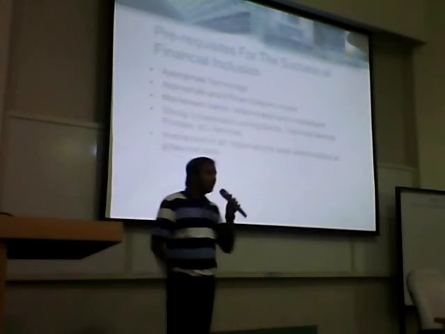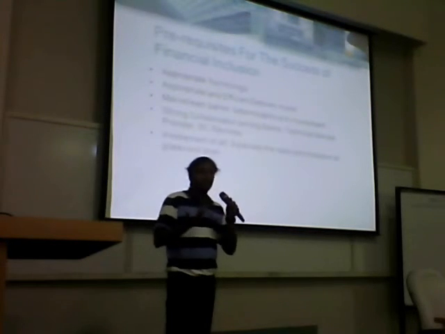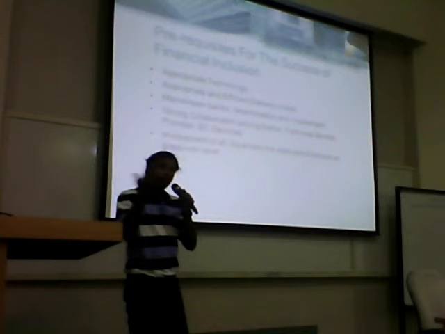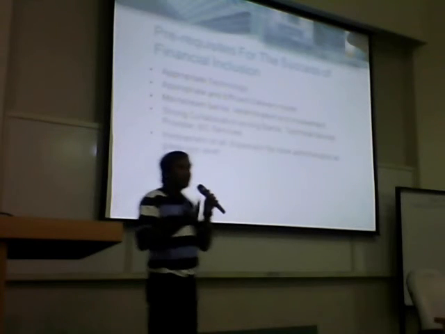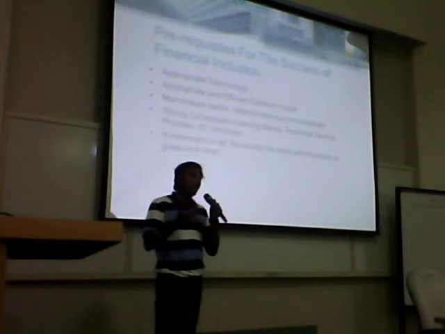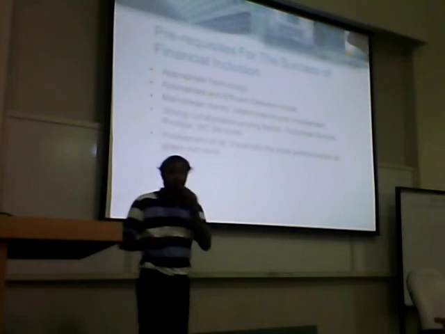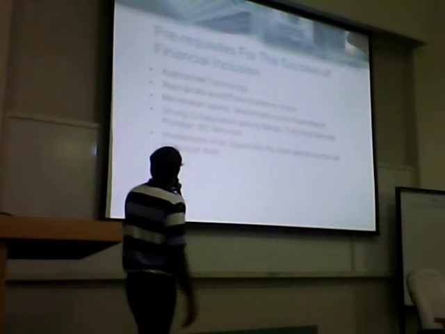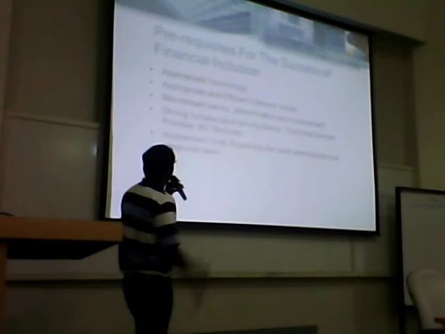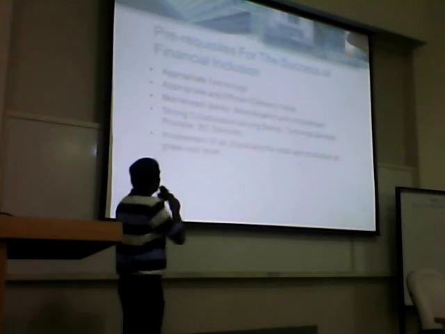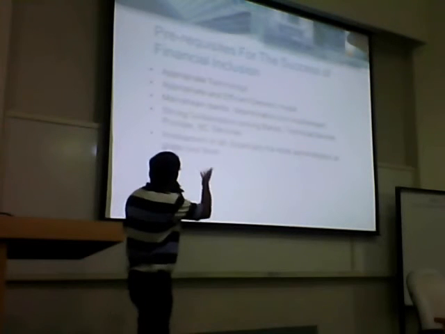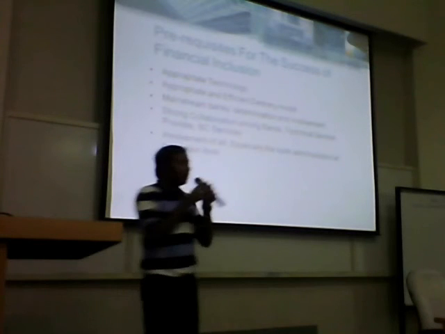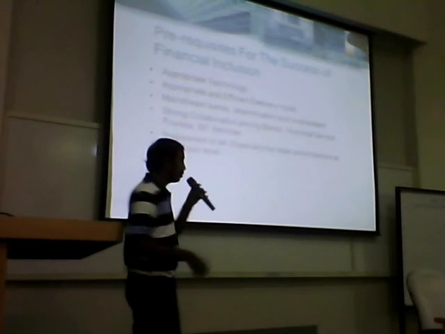So if you can come up with mobile applications, and that is basically using technology, these people can actually use these services even though they are not within easy reach. So this is the basic concept. You can deliver the services at an affordable cost, you can reduce your transaction cost and also improve your efficiency. So that's why technology is very important here. And then you have to improve the efficiency of your delivery model. And also, as I was saying, there isn't enough coordination among the banks. That's what is mentioned here. So these steps are also being taken care of right now. They are improving. That's what the statistical numbers are also portraying.